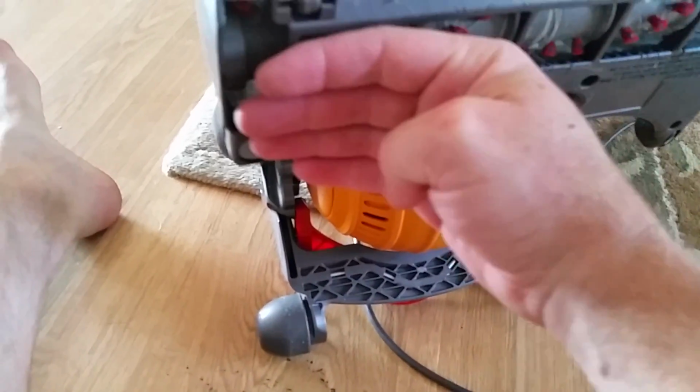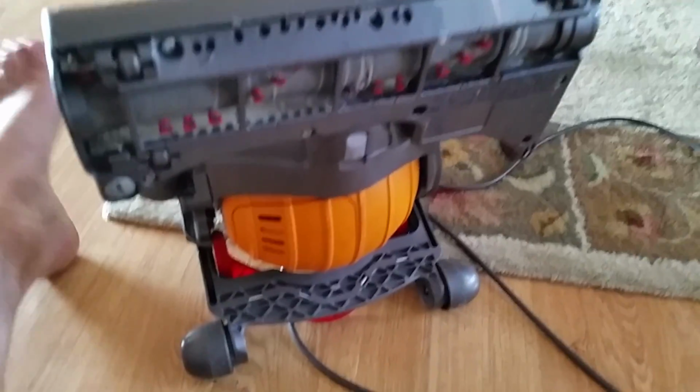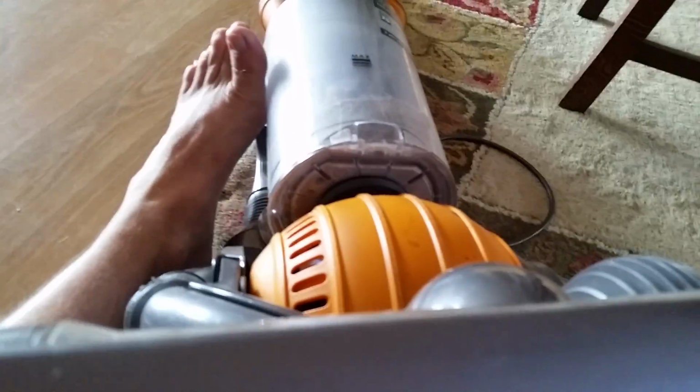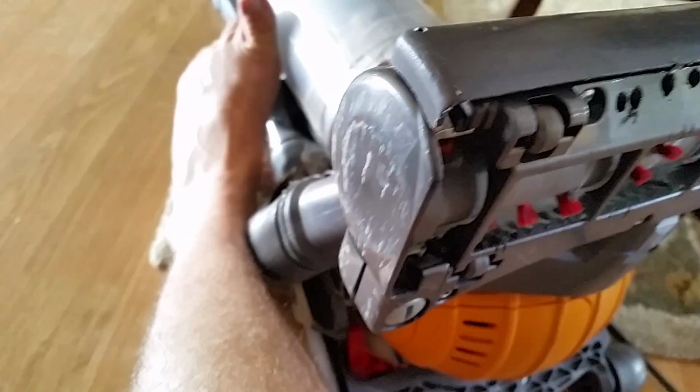So what happens is this suction just sucks up all the carpet, so there's no other air coming through. So you need to kind of relieve the suction power, and I've done that by drilling in holes. So you'll see, if I can hold the camera in. So just drill in holes on the side